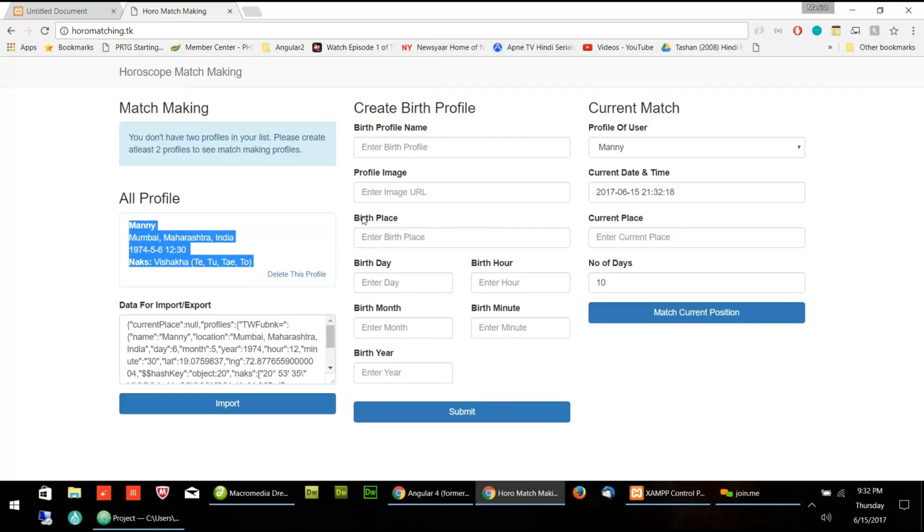This is the first time. Let's add another one. So I will put Kate's details. Kate, what is your birthplace? China. Which city? Shenyang. Can you type it in chat? I can type it. Okay, let me see if it is there.